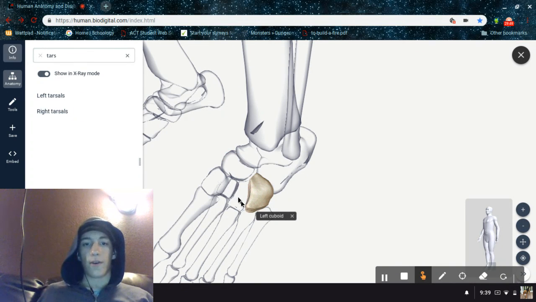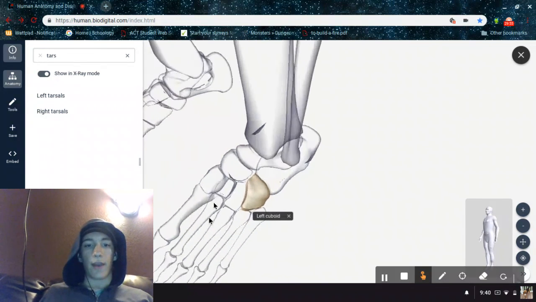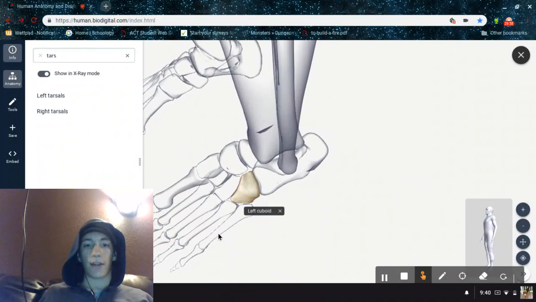And the cuneiforms are the ones next to the cuboid, and they're right here. And finishing up real quick, these are your metatarsals, much like your metacarpals, and